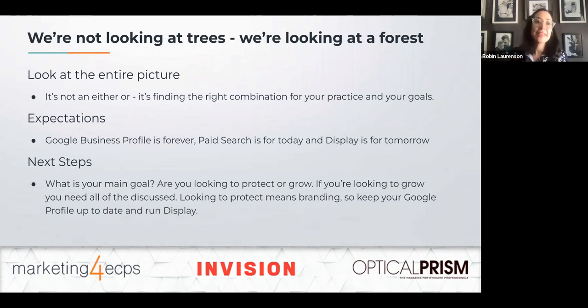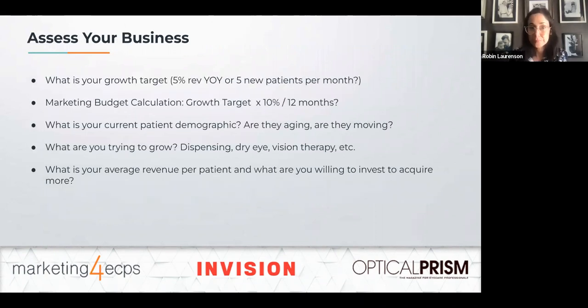And then display, we're targeting people of tomorrow. So we're basically serving a ton of ads in your community for people that don't know who you are, but might not necessarily be looking to get an eye exam today, or might not need frames today, but a month from now, 2 months from now, when they do, you're the person they're going to think of because you'll have seen your brand and your name everywhere. So how we determine these strategies is we meet with the individual practices and we determine what their specific goals are before we make any recommendations.